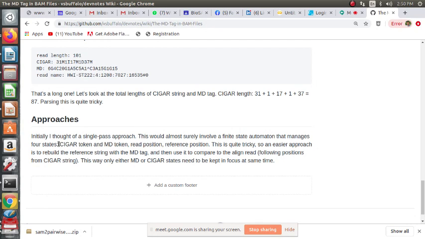The cigar token will give us the information about the matches or mismatches or insertions or deletions or substitutions. It is basically the alignment. The MD token will give us the exact position of the insertion or deletion, or the exact position from entirely matching the read length and entirely matching the cigar length, we can say. And the read position will give us a start position of the read, and depending on the length of the read, this will give us also the end position information.